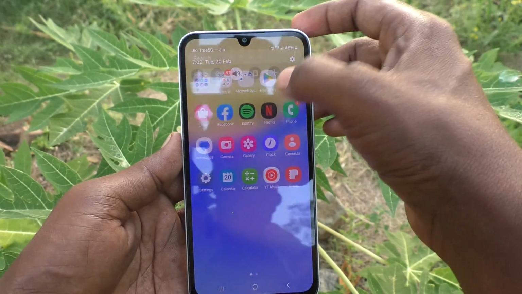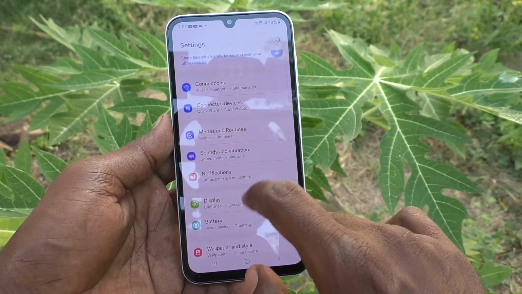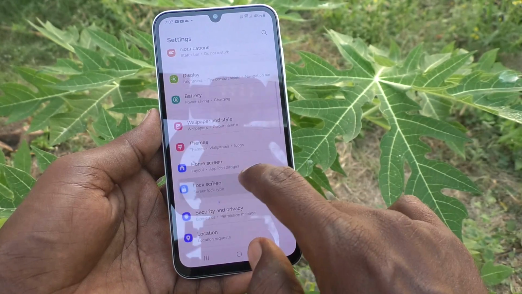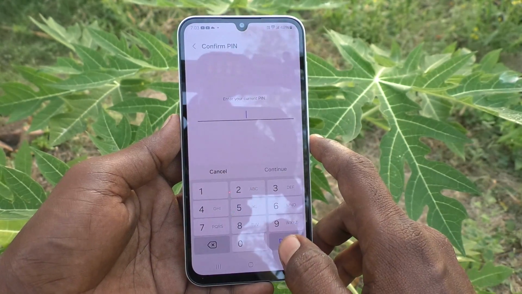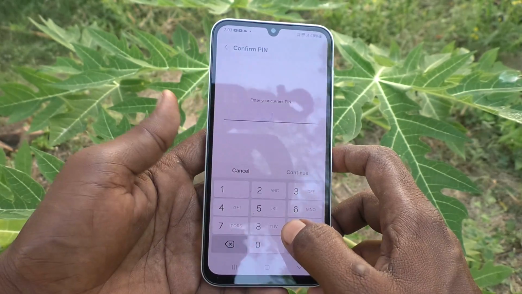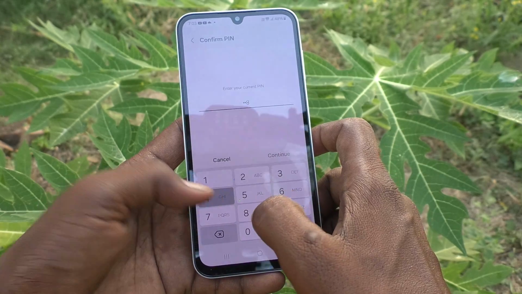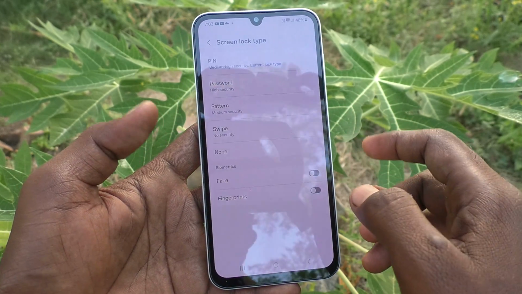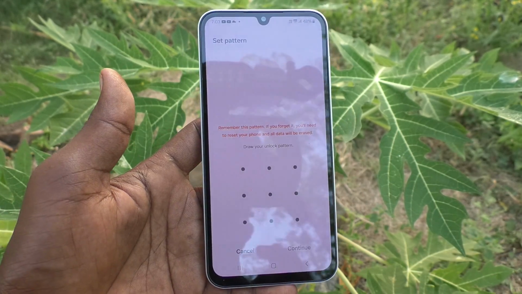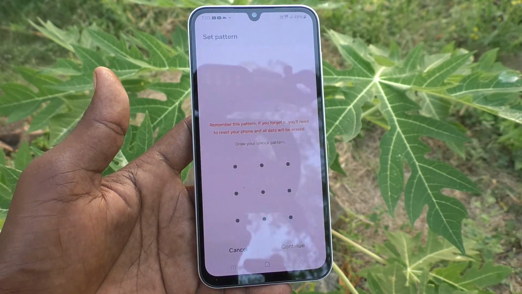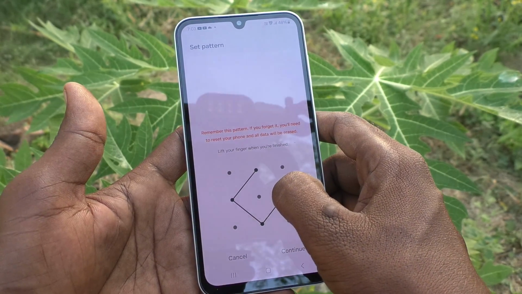Okay, for that what you have to do is go to the settings of your phone here and then go to lock screen, and click on screen lock type, and here type your current pin for authentication and confirmation. So I type 198485 and now you go to select pattern, then draw the pattern that you want to use. Okay, here I would like to use this pattern